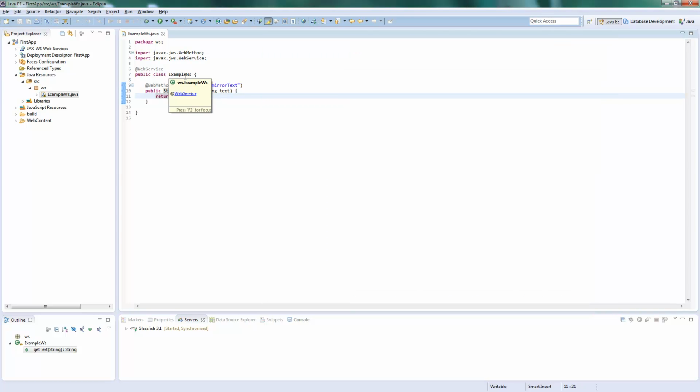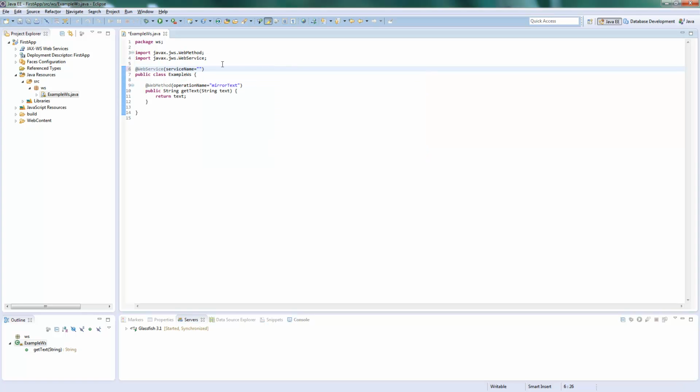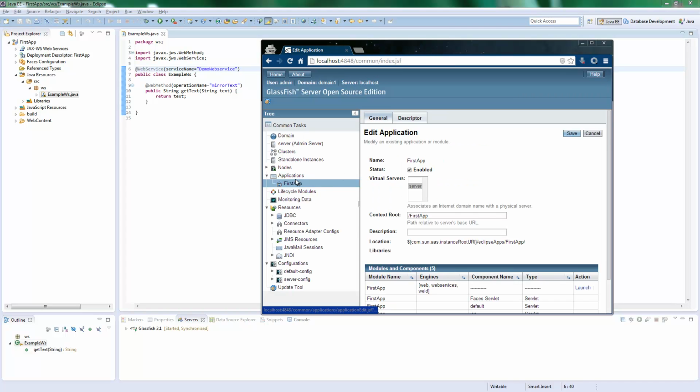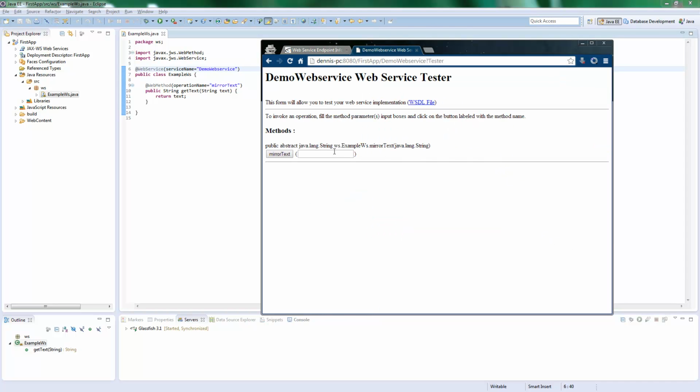Now our web service is called example.ws, so we want to rename this as well. So we go here and change the service name, and I name it DemoWebService. Save this, and again I will reload our web service tester, which is not existing anymore under the old name. So we need to reload our application here, click again on view endpoint, and now we see the web service is available under DemoWebService, as I named it here. So I click the tester again, and